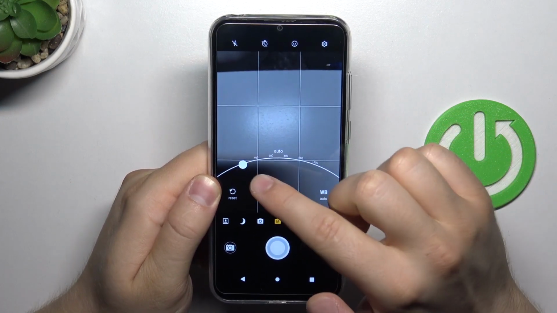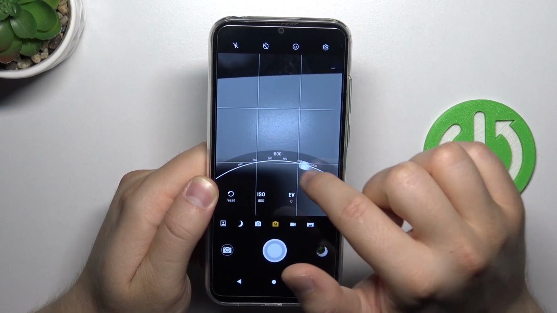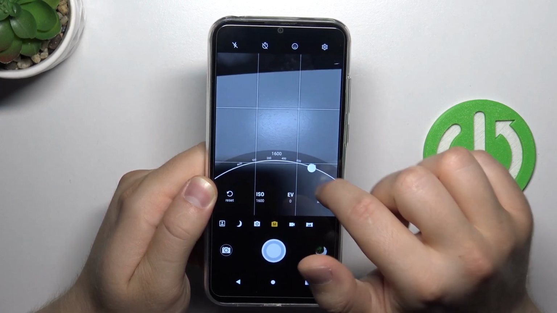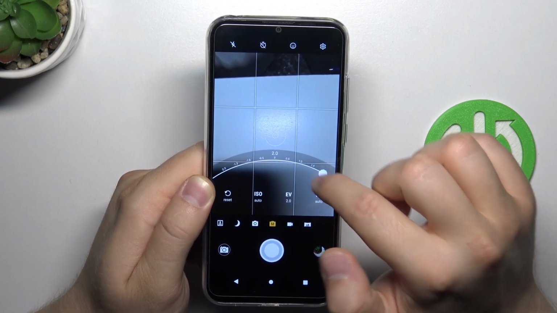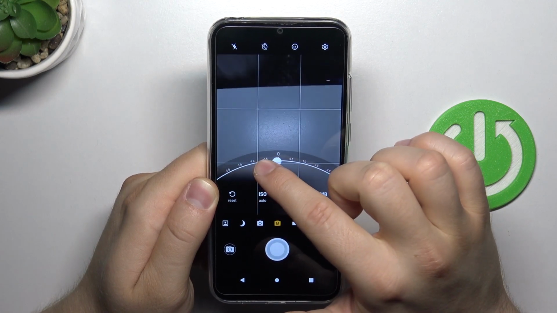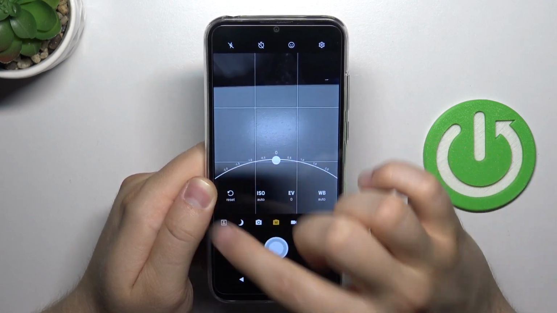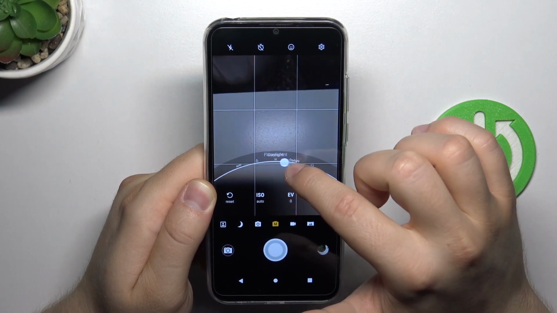The first one is the ISO level. We can set it up by moving the slider to the left or to the right, and we can find manual adjustment and also the automatic adjustment. Next we can find exposure compensation. We can set it up between +2 and -2, and as you can see that's the parameter that we can only adjust manually. The next option is the white balance with a few presets